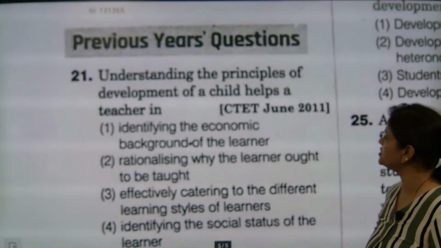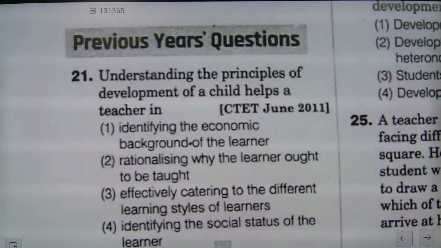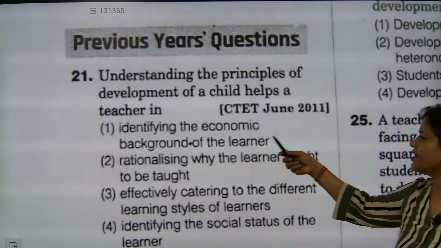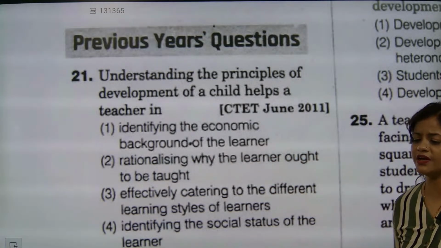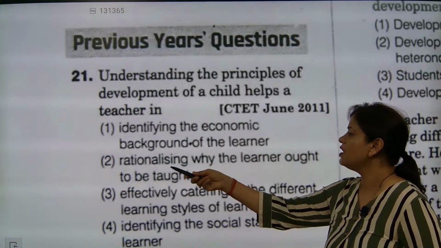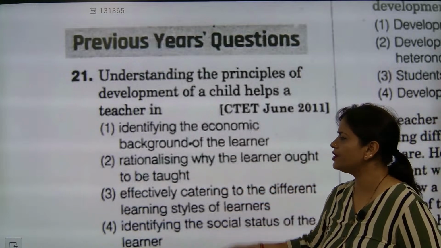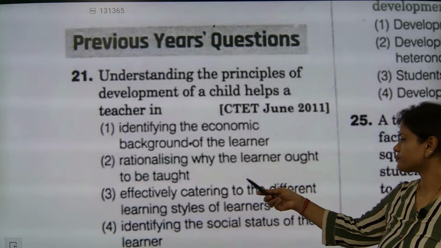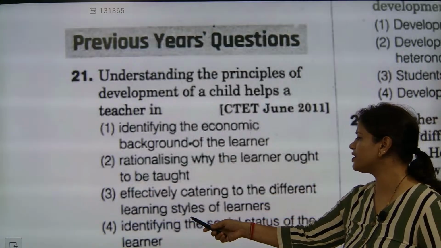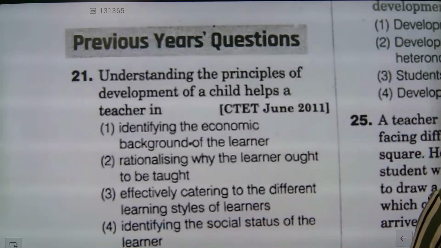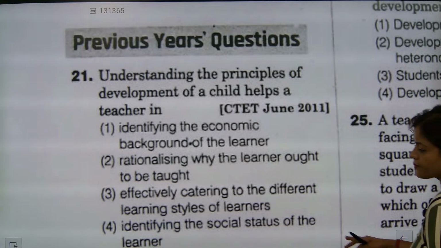Now, previous year CTET in 2011, this question came. Check this one. Understanding the principle of development of a child helps a teacher in identifying the economic background of the learner. Why we need an economic background of the learner? No. Rationalizing why the learner ought to be taught? No. Effective catering to the different learning style of the learner. So effectively we can handle the different learning style of the learner. That's the most important part. Okay. Next,